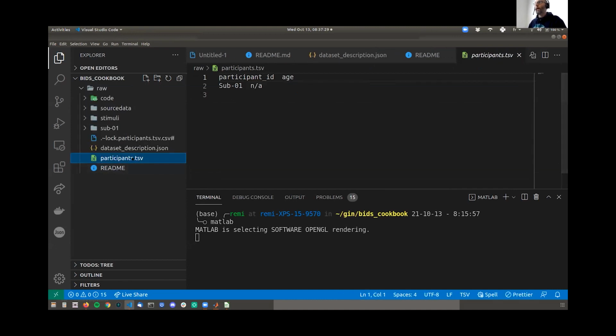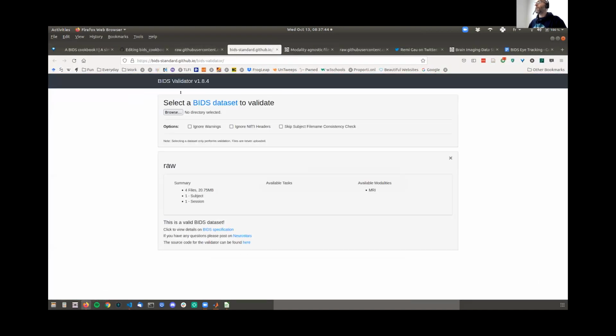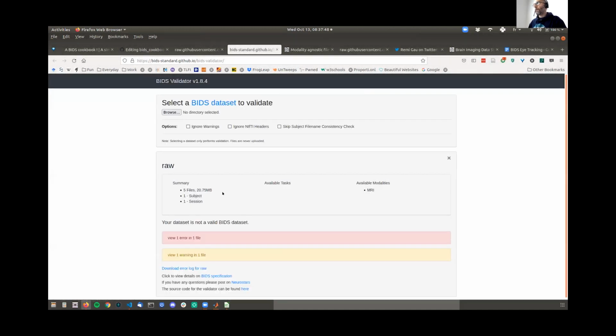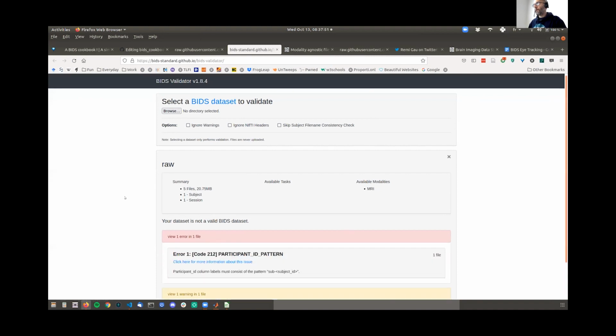So now we have a participants.tsv file, and you can see it in the editor because there's an arrow between the different columns that tells you that you're dealing with tabulations here. Another thing that's annoying is that I'm not sure whether the validator is going to catch this one. Yep, it is catching this one.